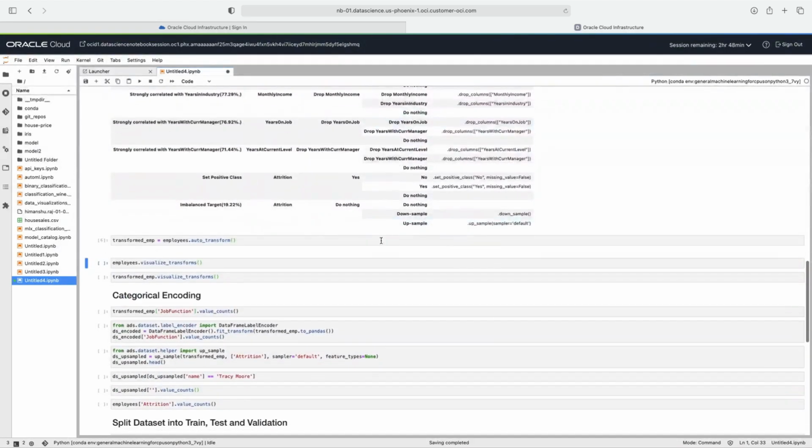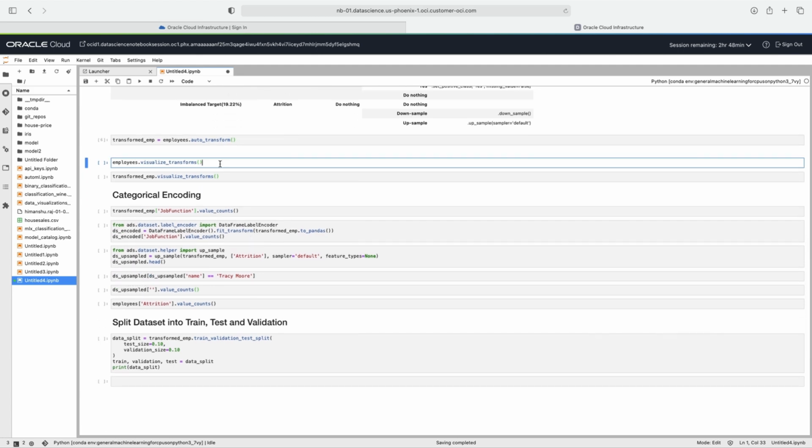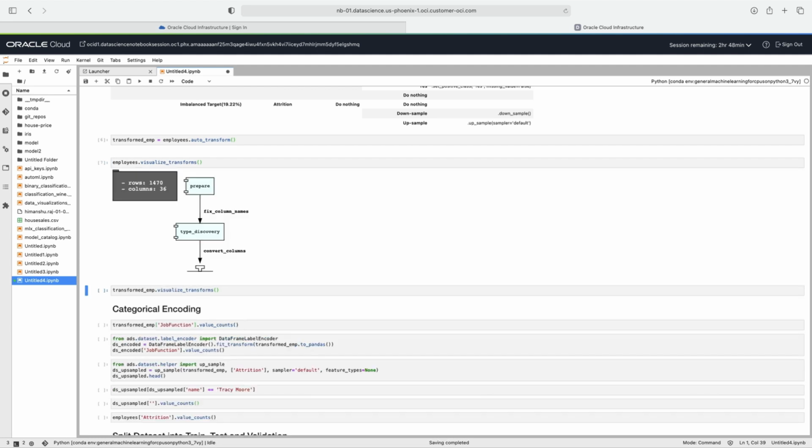Alternatively, you can use auto transform to apply all the recommended transformations at once. Auto transform returns a transformed dataset with several optimizations applied automatically behind the scenes. You can visualize the transformation that has been performed on a dataset by calling visualize transforms. You can see the difference in case without running the auto transform, and this one is after running the auto